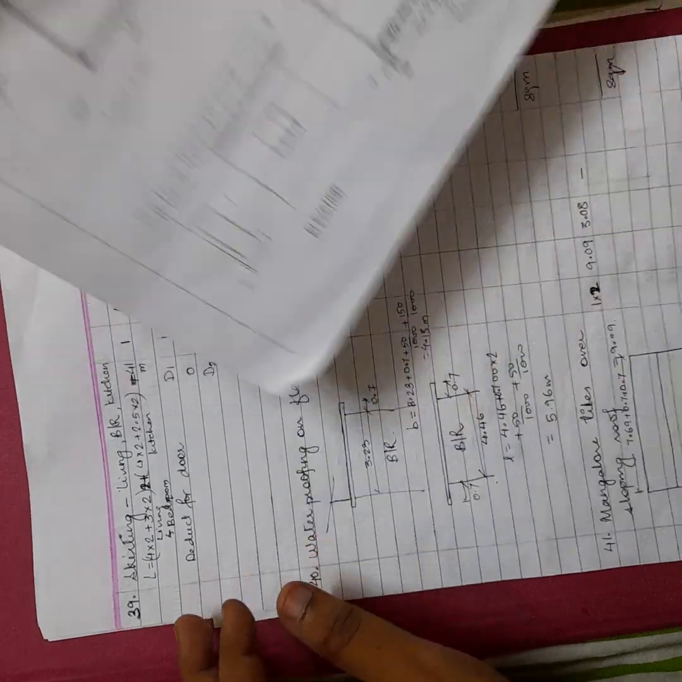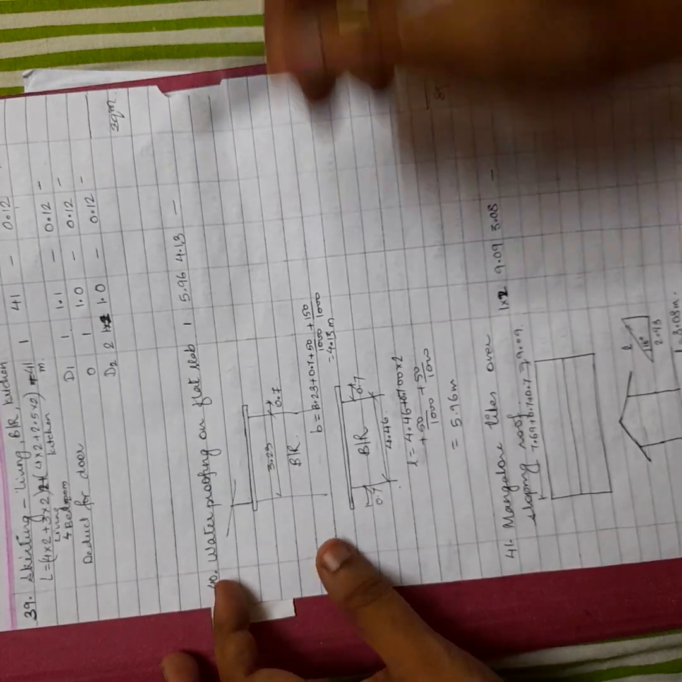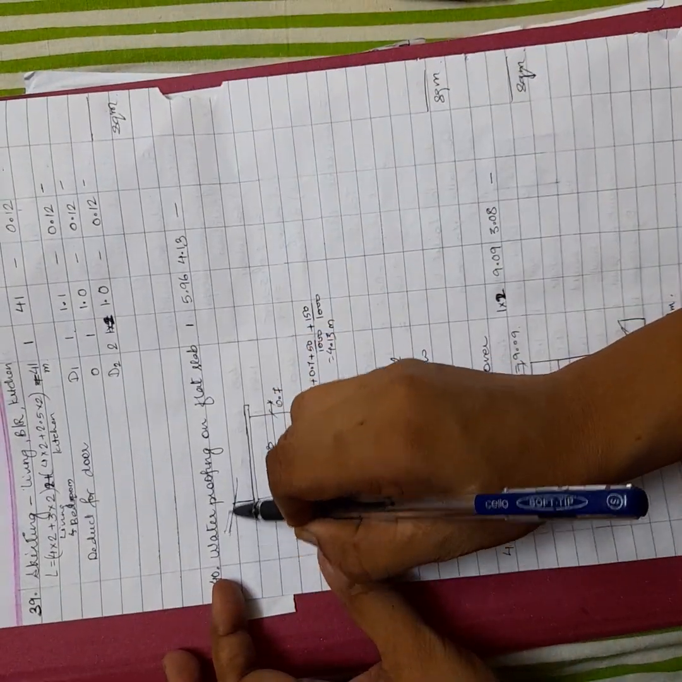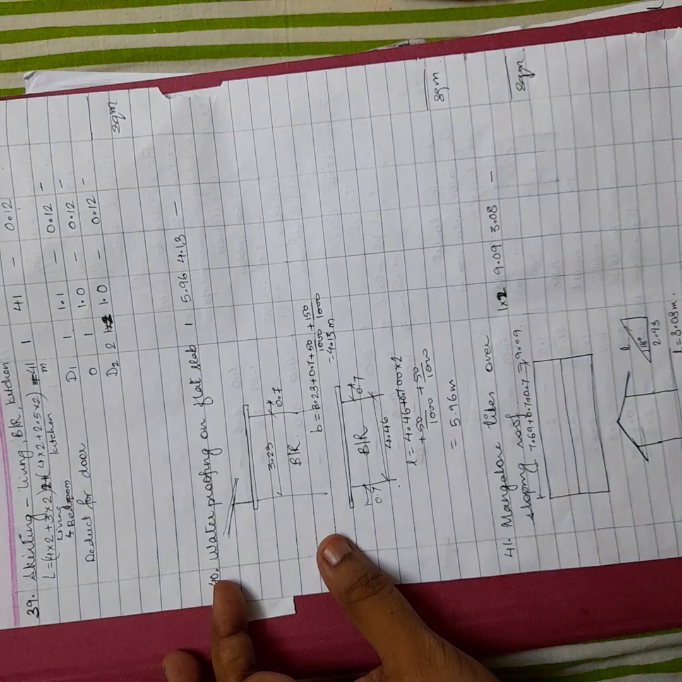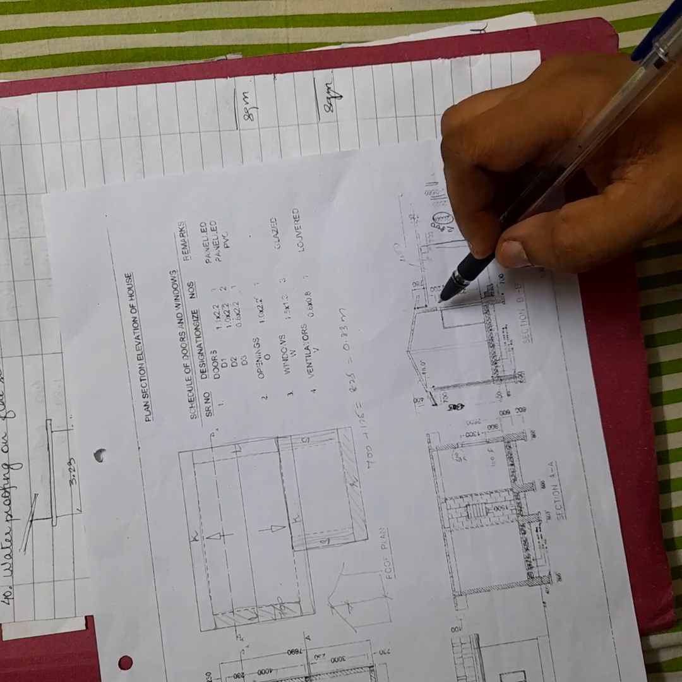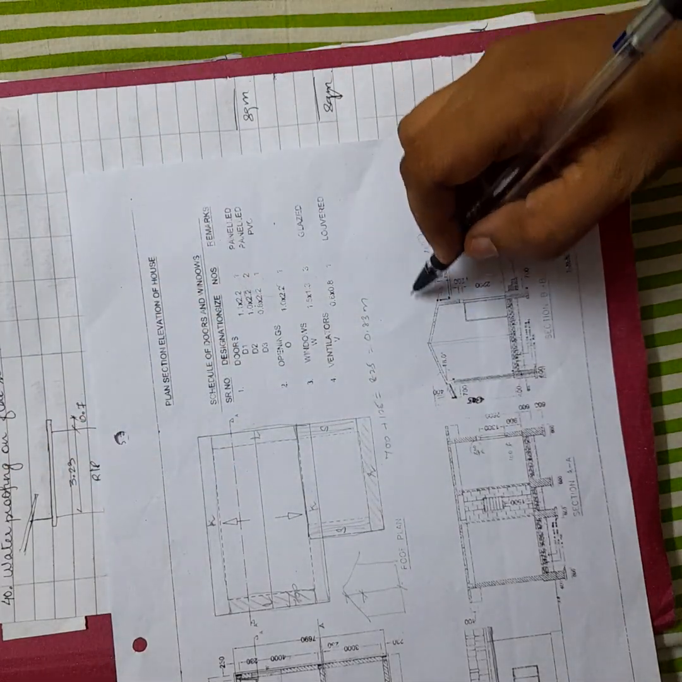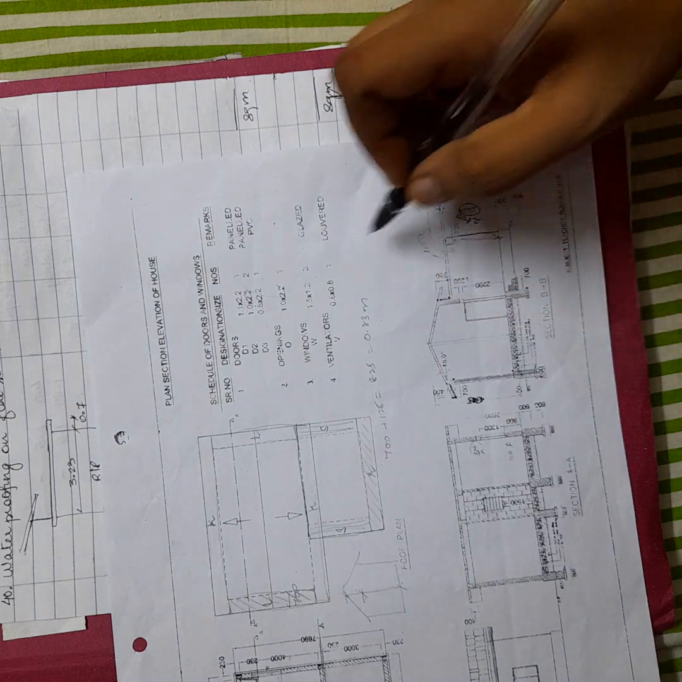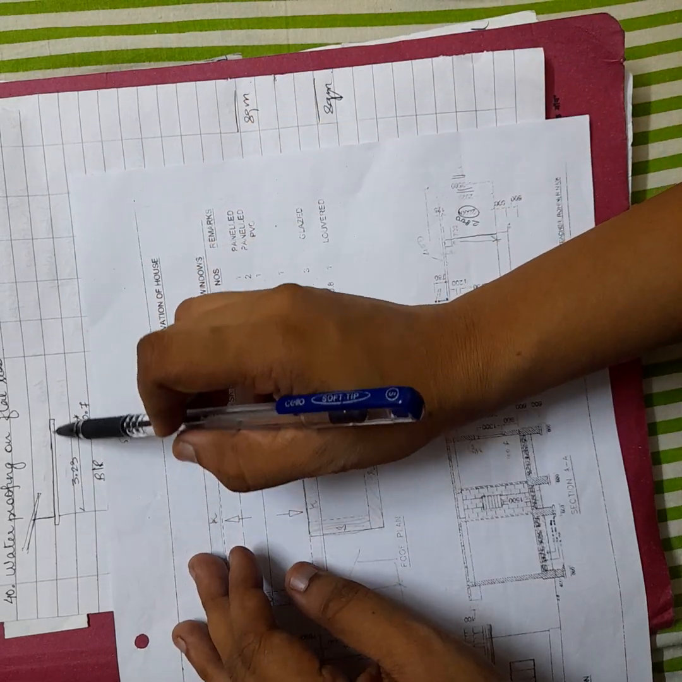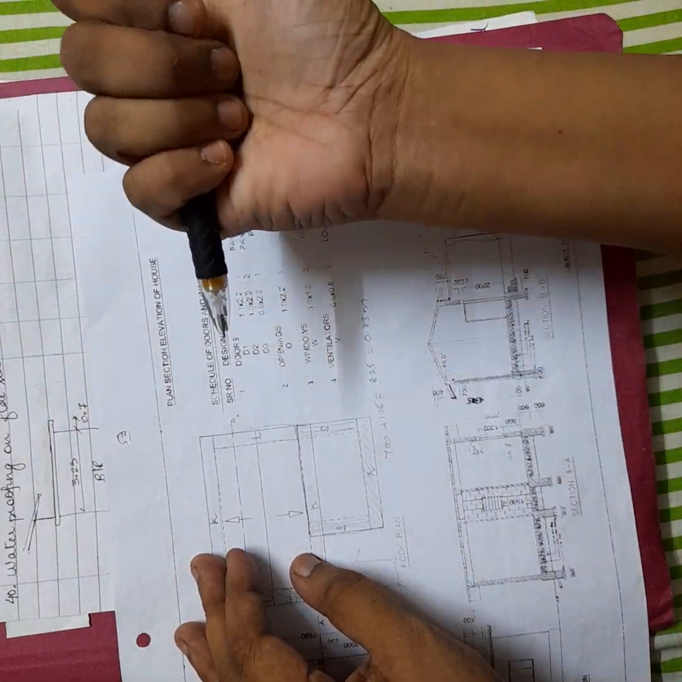Okay, so the next one is waterproofing on flat slab. This is a sloping roof. Okay, I can show you the section here in this. Okay, this is the section and this is the flat roof. What I have drawn is this part. I have drawn this part. So here you are going to do waterproofing on